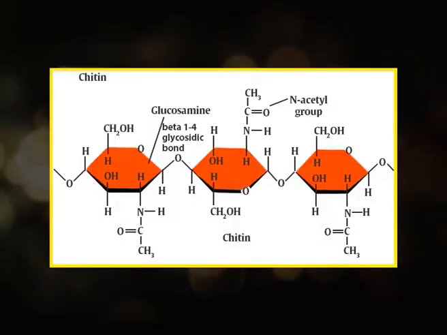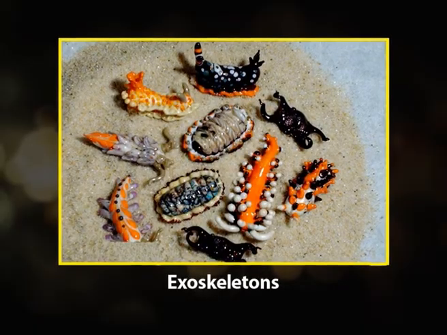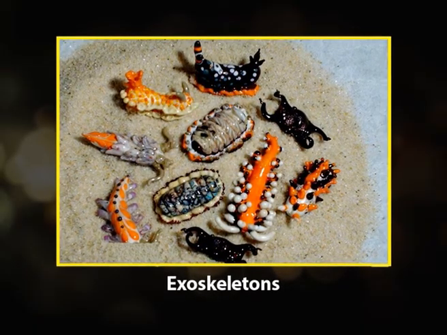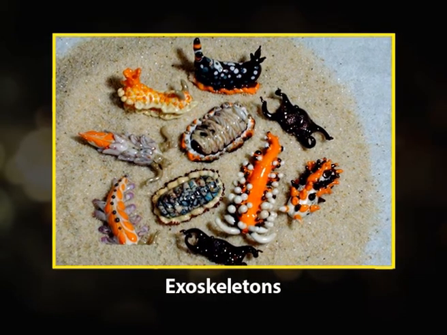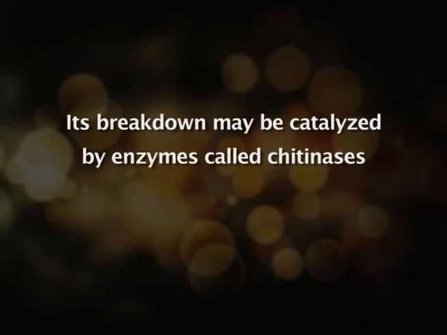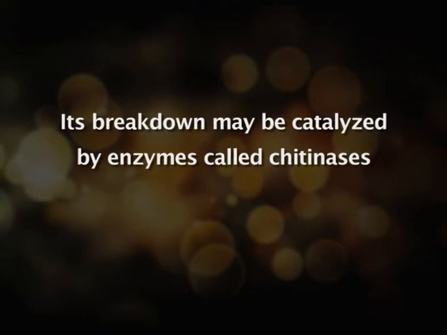Chitin. Chitin is one of the many naturally occurring polymers. It forms a structural component of many animals, such as the exoskeleton. Over time, it is biodegradable in the natural environment. Its breakdown may be catalyzed by enzymes called chitinases, secreted by microorganisms such as bacteria and fungi and produced